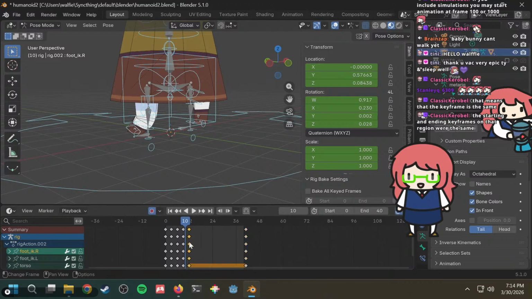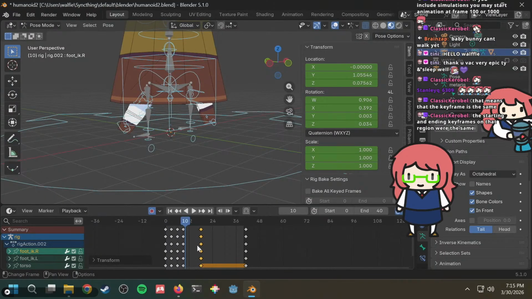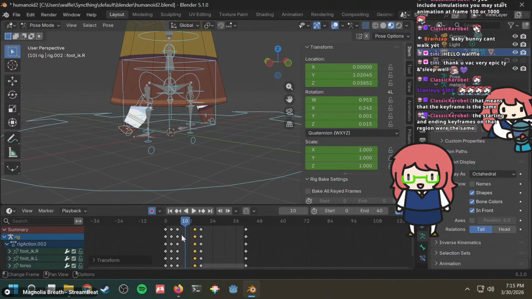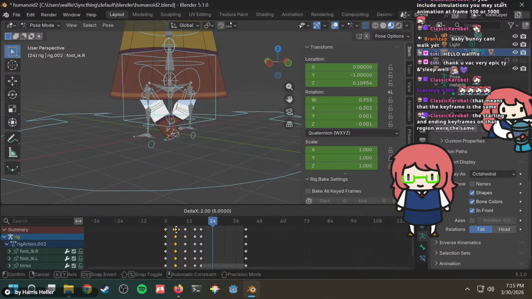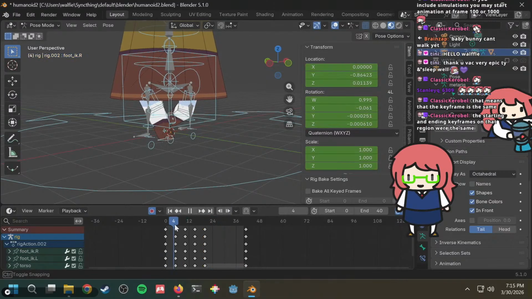Move this one to frame 20, perhaps. And then instead of being every 3, it'll be every 5. Got 15. Got 10. Got 5. And we got 20. Alright, I think maybe that's better. Is that better?